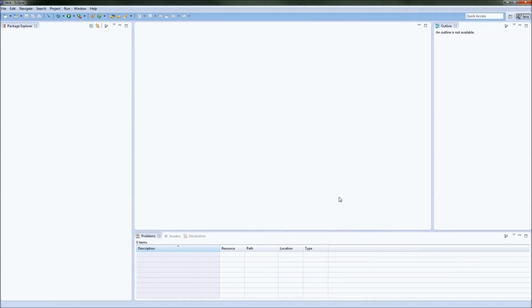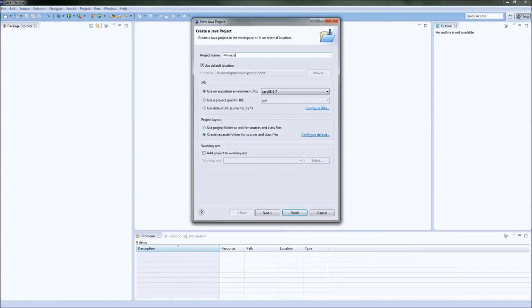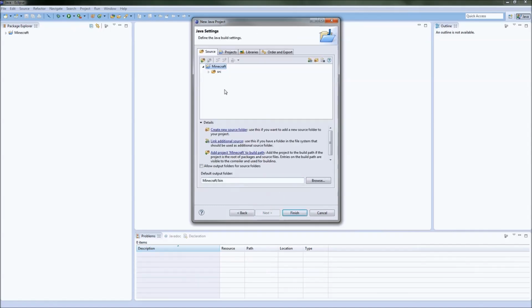So now those settings are done. Now we just need to set up our Java projects again. So this really starts to look like episode 3. New Java project. We're actually going to create the Minecraft project. I'm once again going to say 1.7, if you're on a Mac, make sure you're doing 1.6. We are going to